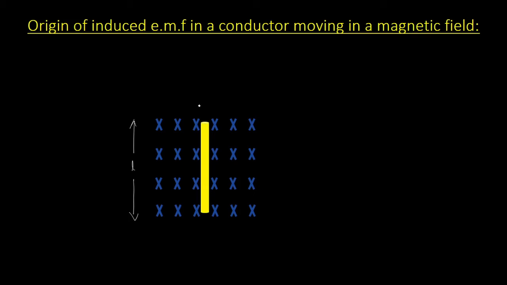Now I have considered the magnetic field to be entering into this plane, that is your screen, and the magnetic field is going into the screen. Therefore, we have represented it with this blue X marks. So this is the magnetic field which is entering the screen. Now, let me say the conductor is moving with some velocity v, which is at a direction perpendicular to the